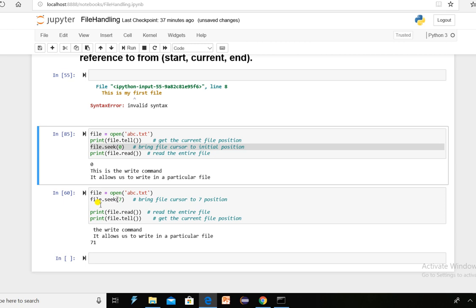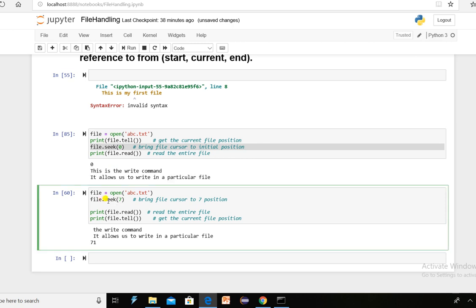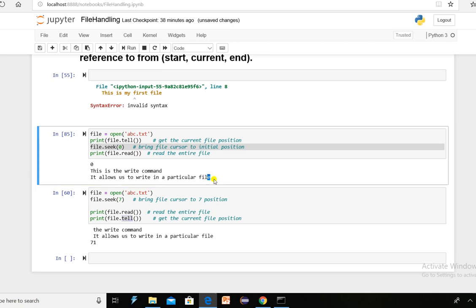So from the space, the cursor will start your reading. First I have set my cursor to the 7th position, and then I have read, and at the end, of course, the cursor will be at the end after finishing the read.